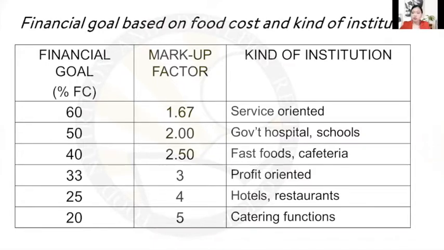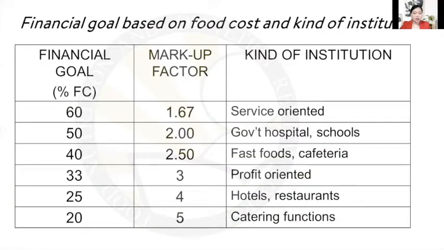As we can see, we have at most 33 to 40% food cost percentage in order to be profitable enough, considering that we have other costs from the operations such as labor, utilities, rent, and